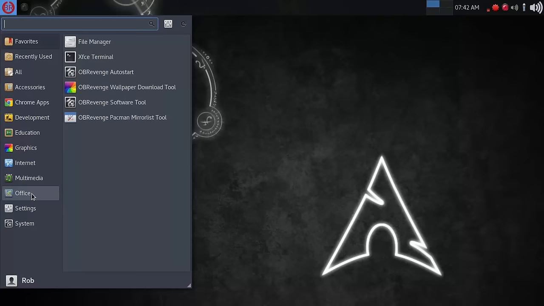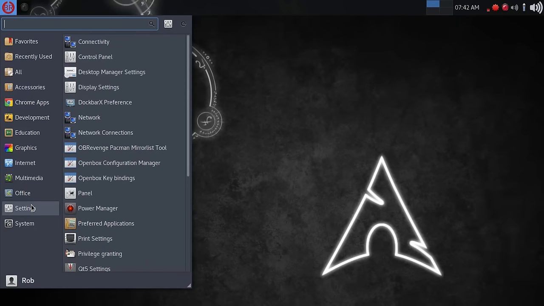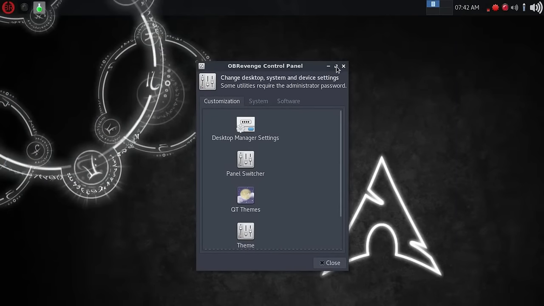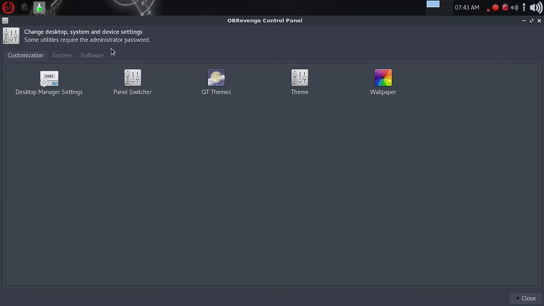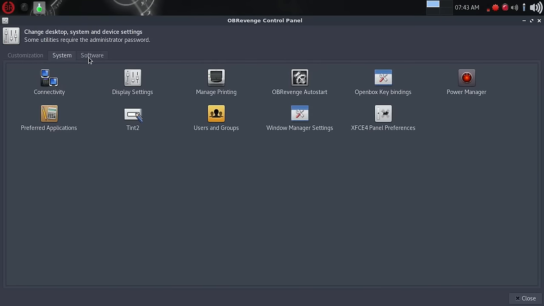Now, there is one other thing I want to point out here that is new. Let me go to Control Panel. This has recently been updated. If you go into Control Panel, you have these tabs for the various categories, and I really like that.